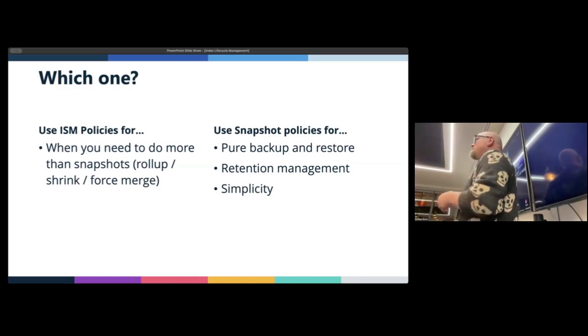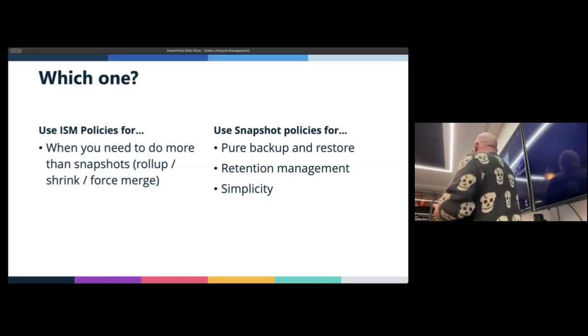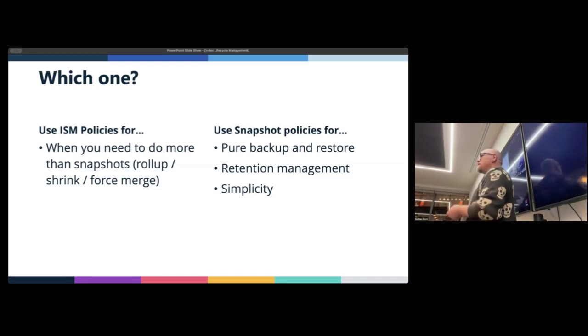So index state management is for when you really need to maintain the health of your data. Snapshot policies are a very simple index state management policy, and it's mostly for backup and restore, retention management, etc. I hope that illustrates a bit of the difference between the two, when you might want to use the one versus the other. Am I getting through? Okay, nods, awesome.